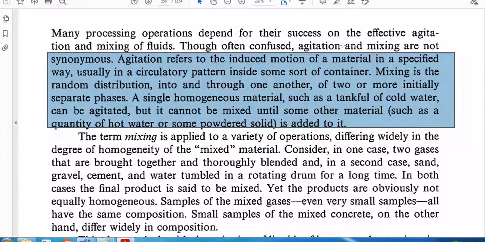So if you see that example in the pug mill, we are adding lime, we are adding ammonium nitrate, and we are adding the big crystals also. 3 chemicals are added to it. So how are we adding it? So first step is what? You should know what is the property of the product.